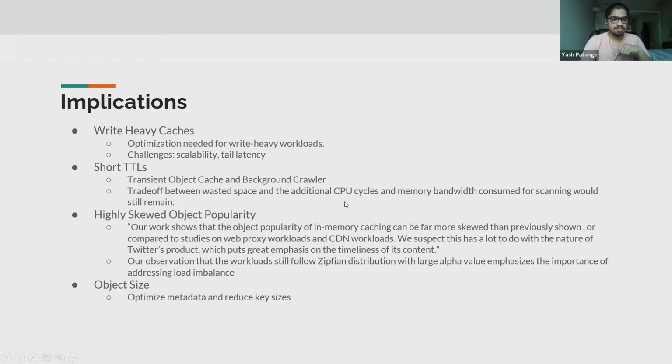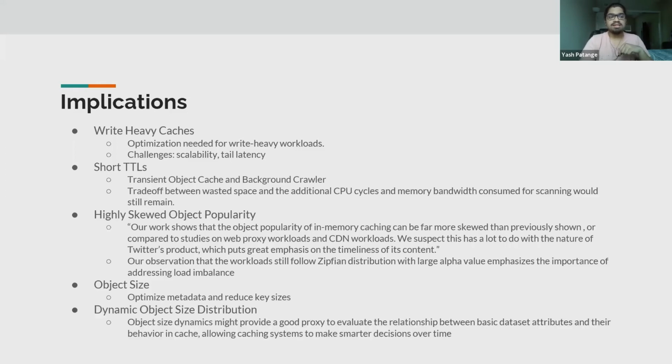load imbalance. Object size. For object size, the authors also say that we need to reduce the size of metadata, and Twitter has very large key sizes, so we could reduce key sizes to optimize the object size. And next is dynamic object size distribution. Looking into object size dynamics might provide a good proxy to evaluate the relationship between the basic dataset attributes and the behavior in cache, allowing caching systems to make smarter